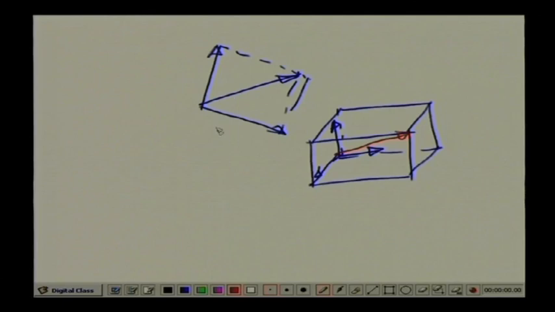So, either in 2-dimensional plane or in 3-dimensional plane, the parallelogram of forces